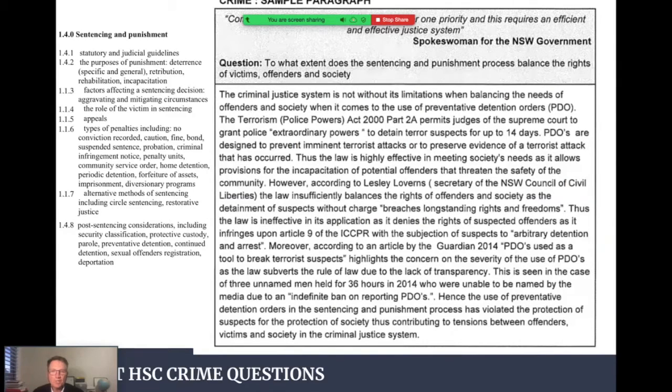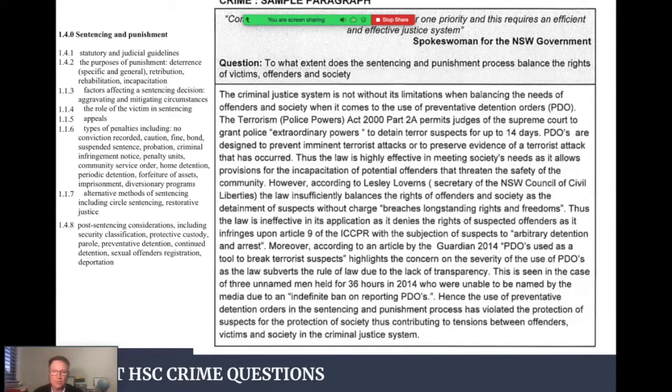So if you look at this question, to what extent does the sentencing and punishment process balance the rights of victims and offenders in society? Straight away, I see that there's no specific use of the terminologies, but it uses the phrase, to what extent? To what extent, to me, takes me straight away to the word assess or evaluate. I need to make a judgment on the extent that sentencing and punishment processes balance the rights of offenders, victims,